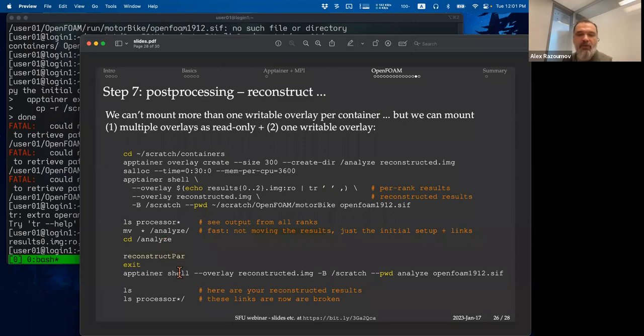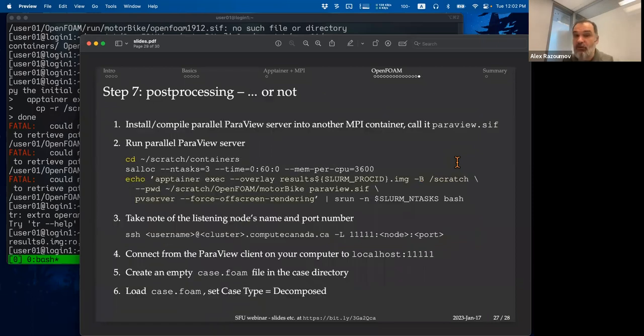So the usual reconstruction. And the reconstruction will write into that /analyze directory that exists entirely inside the reconstructed image, right? So the end result is that at no point during the simulation or during post-processing reconstruction, your host operating system is exposed to millions of files, and this is exactly what we wanted. So if you don't want to reconstruct, you want to just analyze and visualize these results, it's also possible